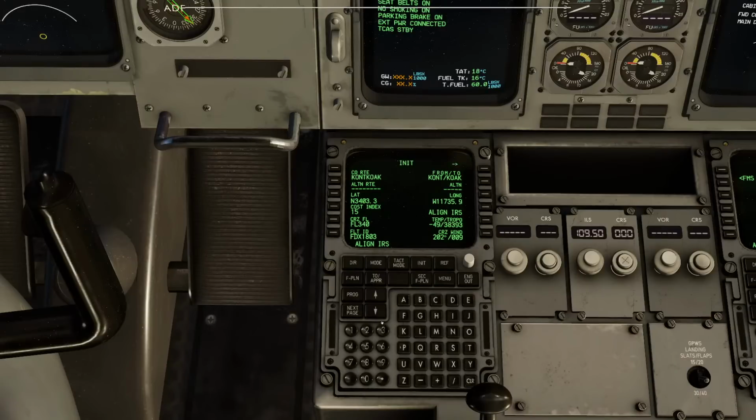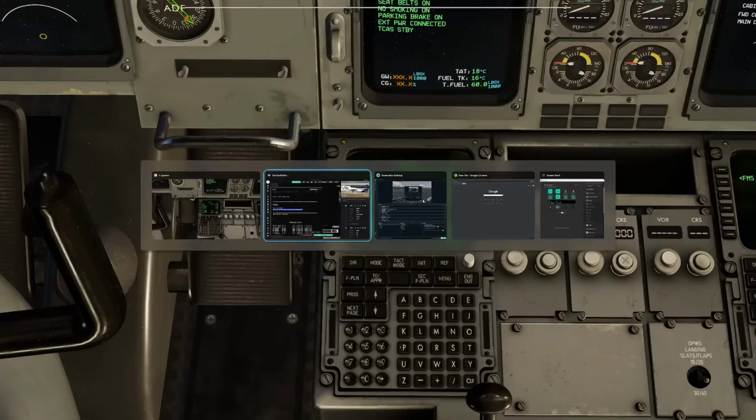Cruise level is not going to work for us, so we're going to use 310. Let's remove that. All right, 310 for the cruise altitude. 310, FedEx 1803, and Align IRS. Excellent. We're going to go to the next page, and now we can bring up our friendly Sim Toolkit Pro